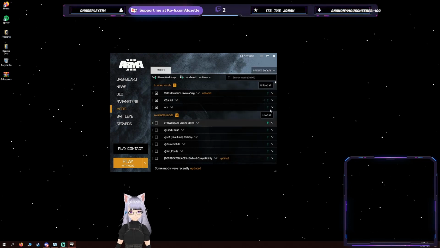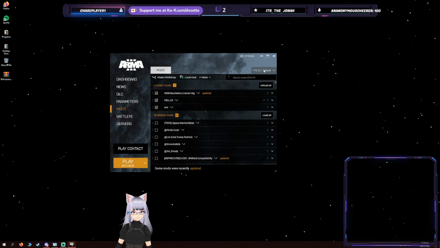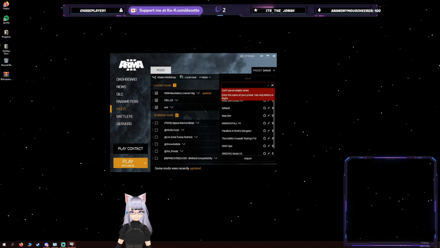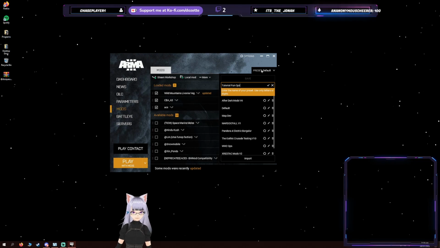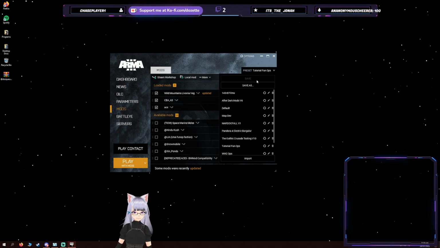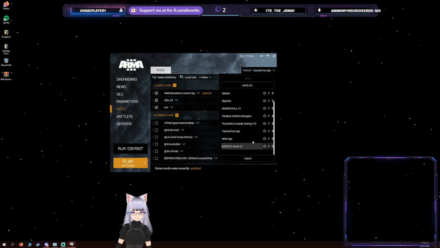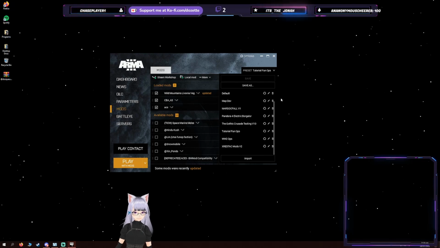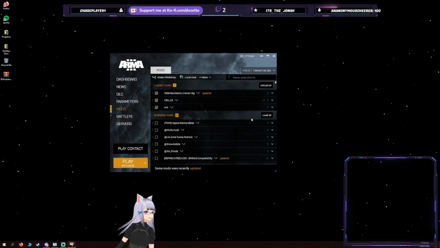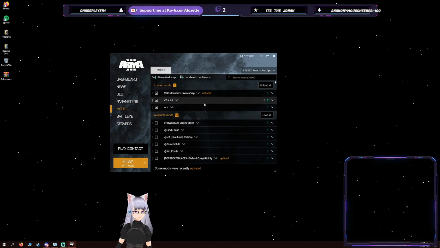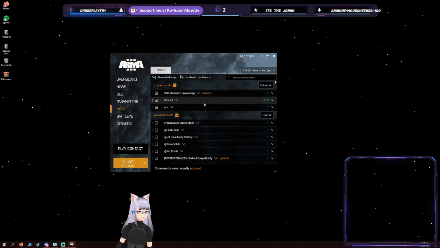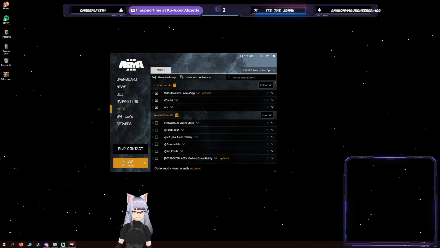So let's go there. That's my mod list for my FunOps. Let's say I want to save this as tutorial FunOps. So you can go up in the top right, go to the presets, and save it as a new preset. And you'll see down here, tutorial FunOps is now a preset. Now, if I want to send this mod list to other players so they can download the exact same mod list as me, so our FunOps are consistent across players,